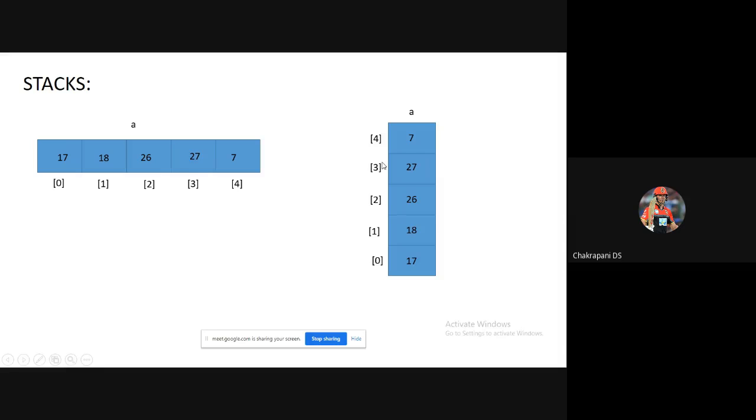Here also in stacks, I can store the values one by one within the stack, like 17, 18, 26, 27 and 7. Okay, one by one. But all the data which I store and all the data which I remove from the stack are operated from only one end, or we can say this is the entry and this also acts as the exit of the stack here. Okay, so the name of the stack,